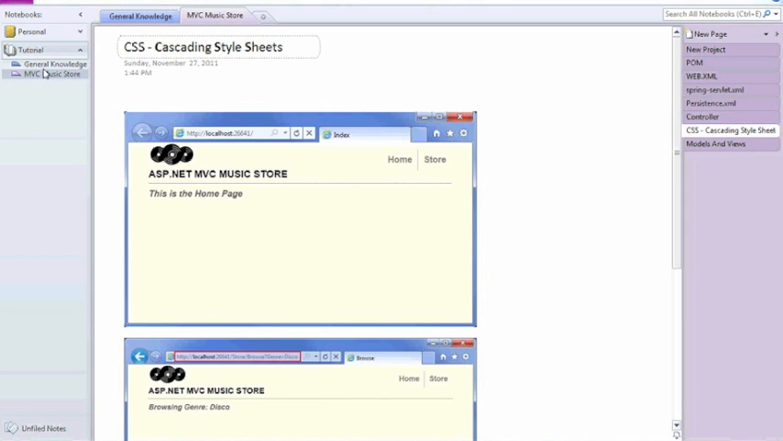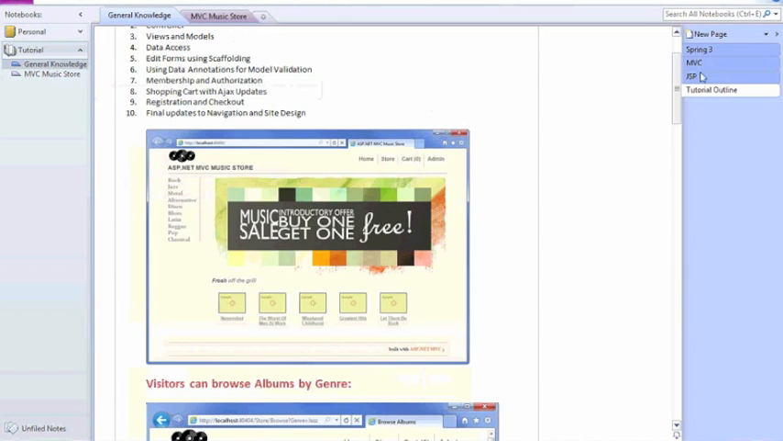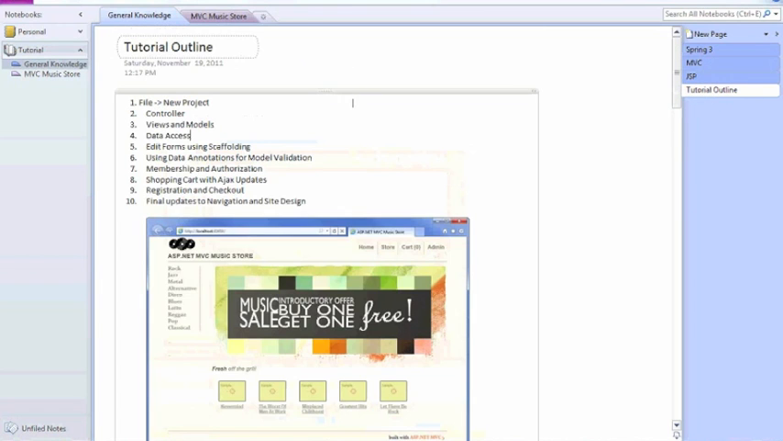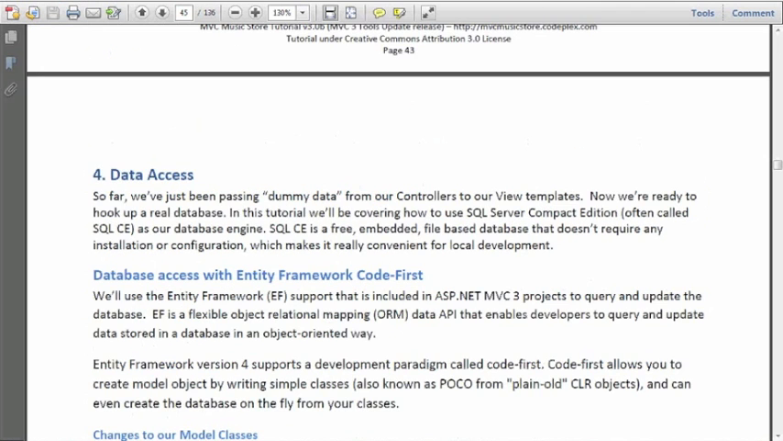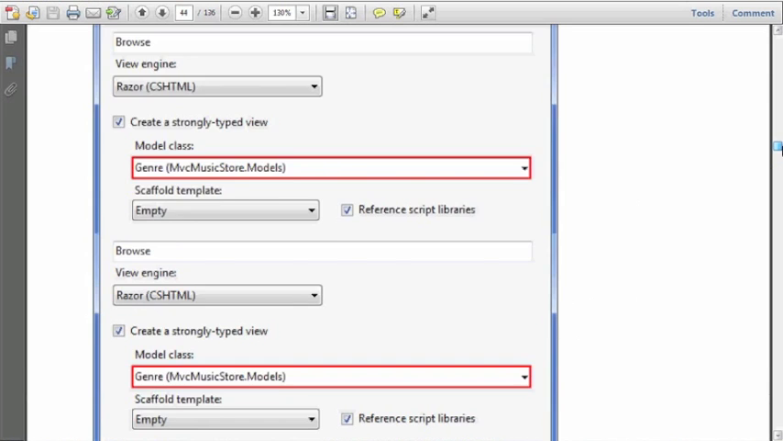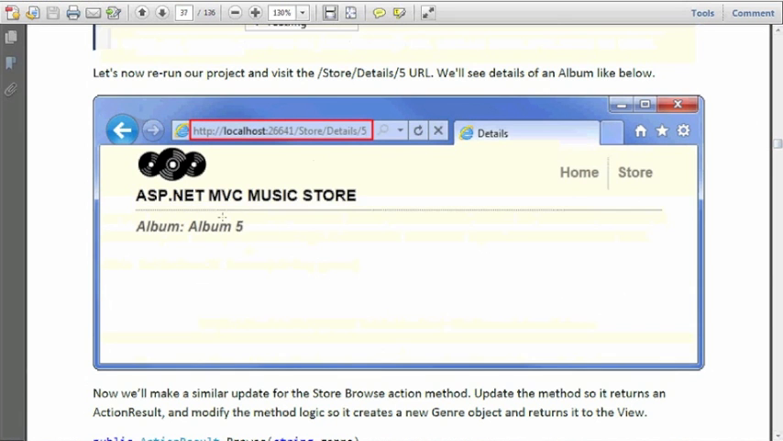According to the outline, the next step we're going to work with the views and models. However, I recognize that we cannot touch that one until we have to work with CSS first, because see over here, data access, they always have the fancy thing over here